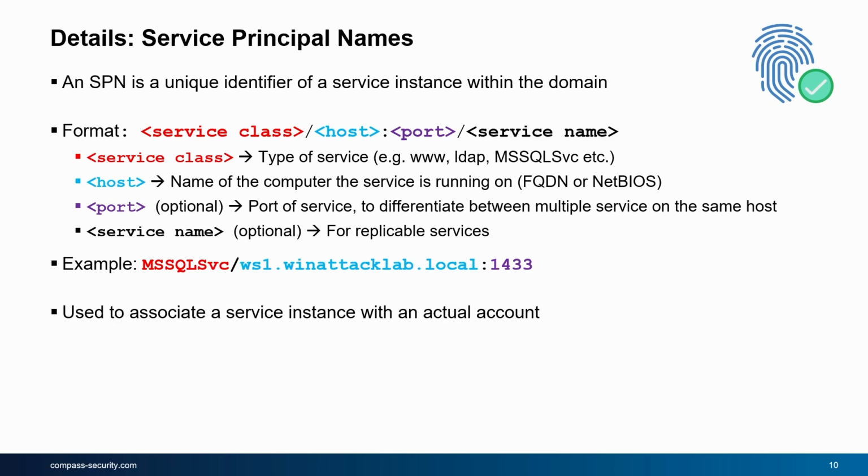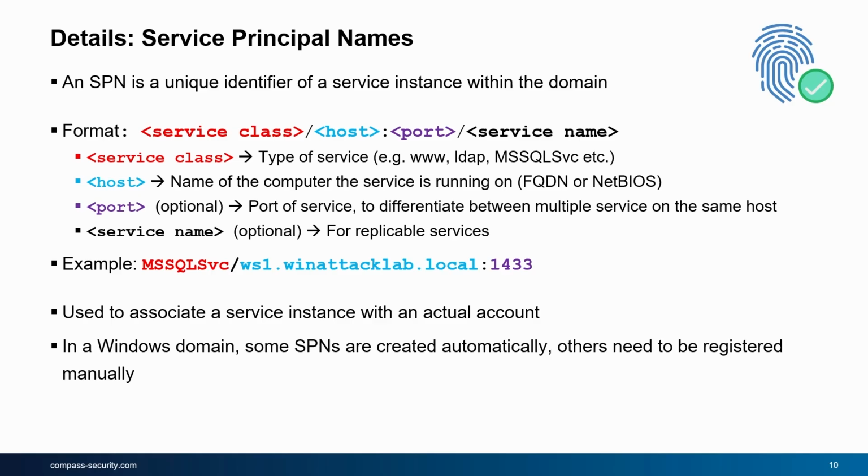And Kerberos then uses this SPN to associate the service instance indicated by this SPN with the specific account you specified during the SPN definition. And with that, Kerberos is then able to retrieve the correct key material